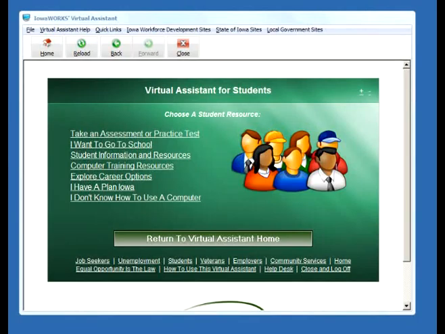We can explore career options. We link to I have a plan. And again, I don't know how to use a computer. Several links to get to that. In our Explore My Skills, again, there's the career assessments. We've seen this in some of the other options, the GED practice test, the ACT practice test, the ACT student web account. So we've seen a lot of those links, and again, we're looking to really augment what we have